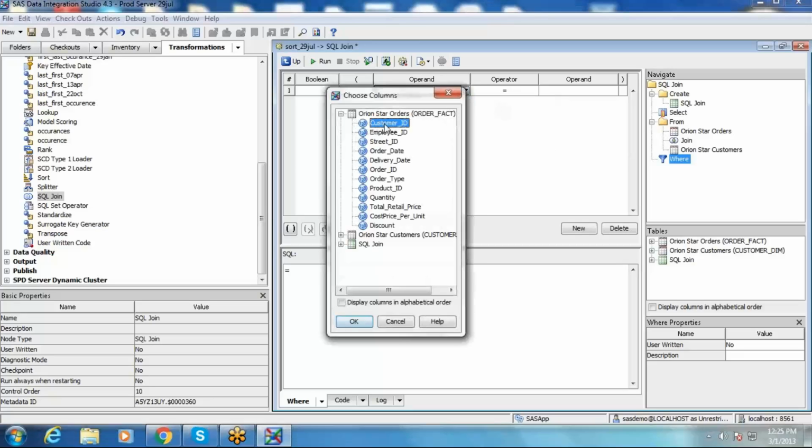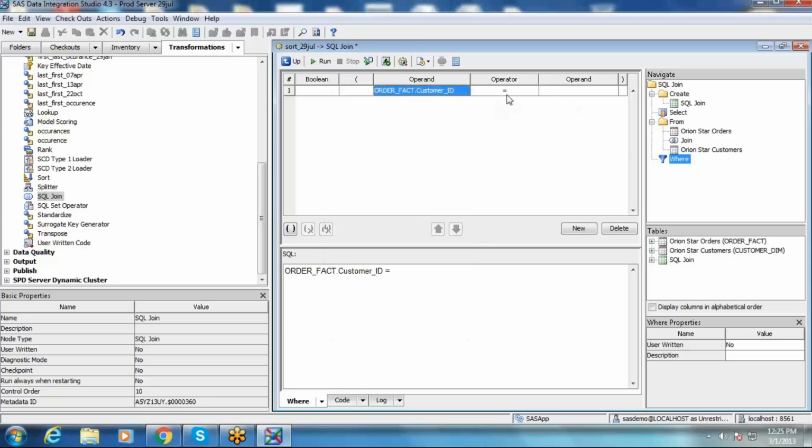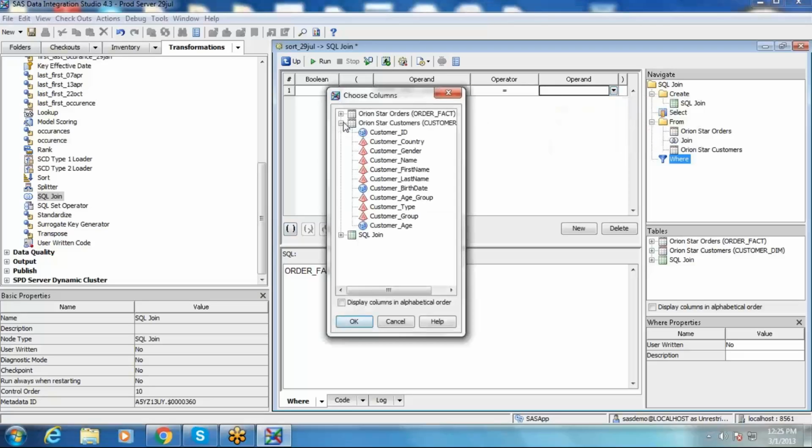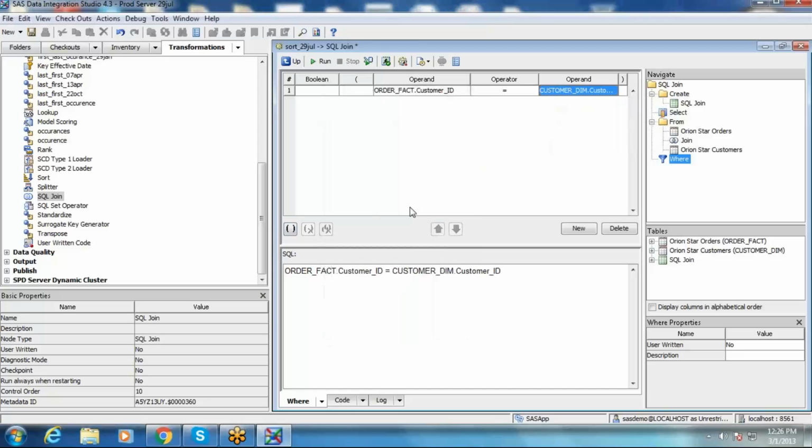I am looking for customer ID from order fact. You can see all the operators: less than, greater than, equal to, between, everything. As it is a join condition, you need to go with equals to, and customer ID from the customer table should be mapped. If you want a few more conditions, you can click on new again.